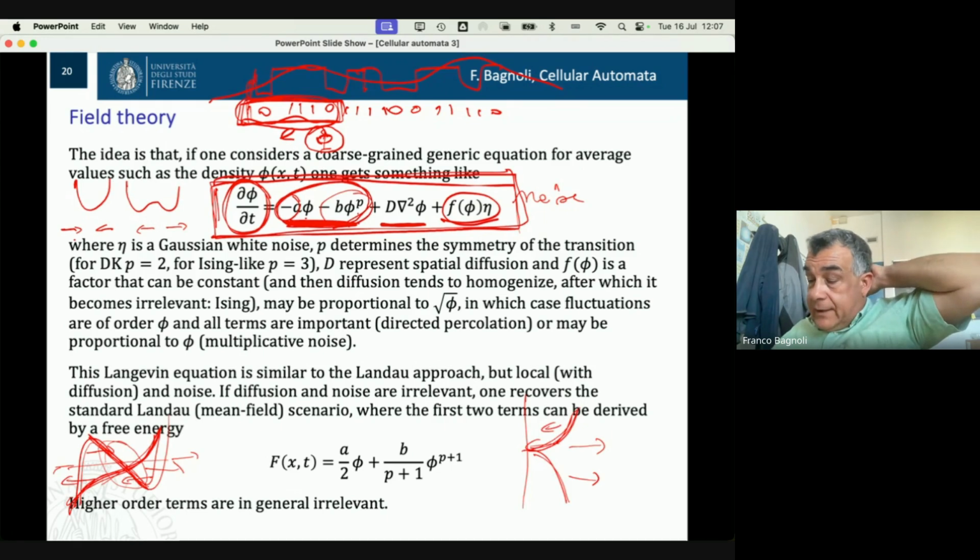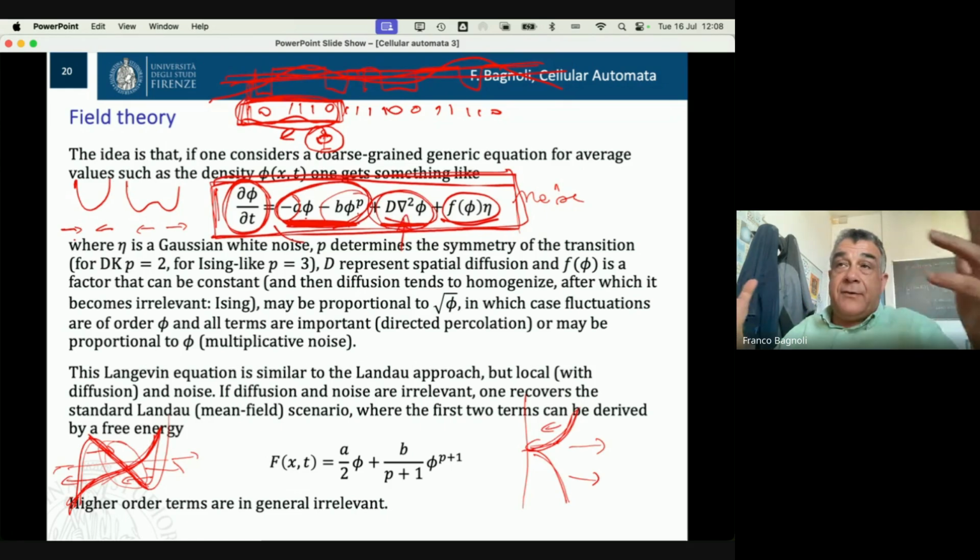But these are details. And this represents the fact that clearly, if you have, say, not a strong local dynamics, you go into the, say, uniform state. So this is a kind of surface tension that tends to make the system flat. And this is the noise,